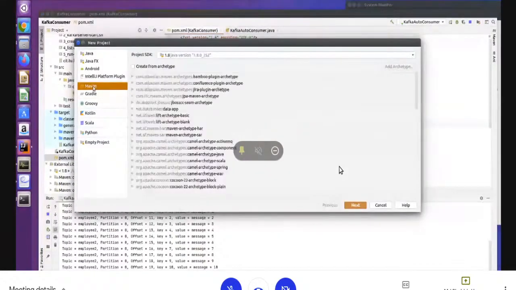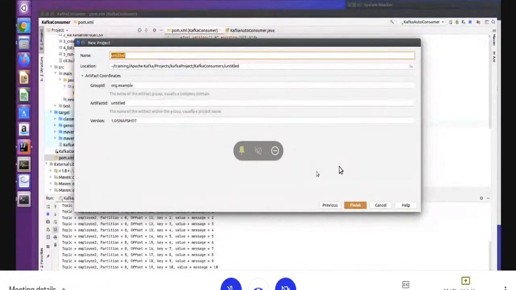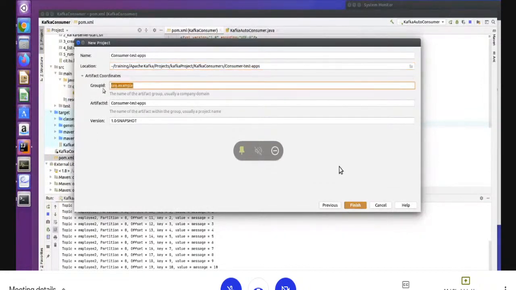Select the Maven project. I think you know about Maven, right? Maven stores the dependencies. Give some name. I'm going to write consumer test apps, and I can give a group ID like the com examples Kafka.